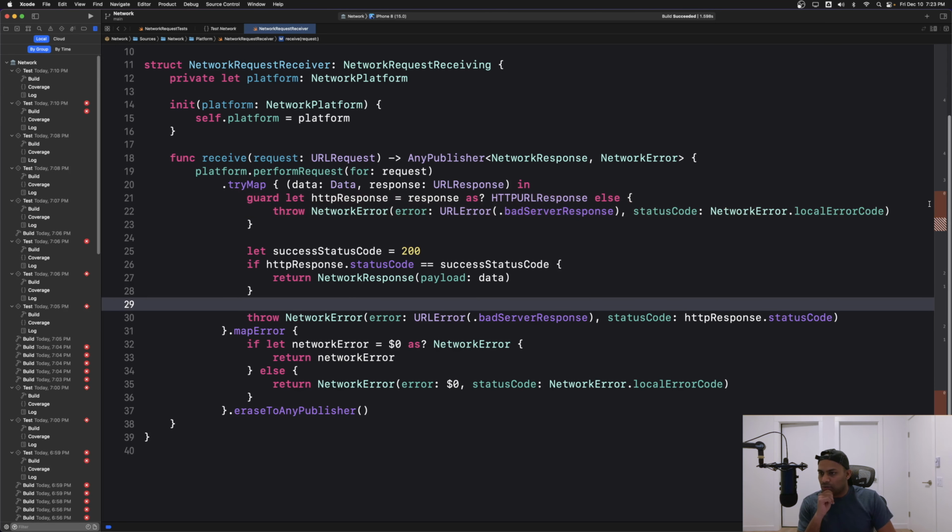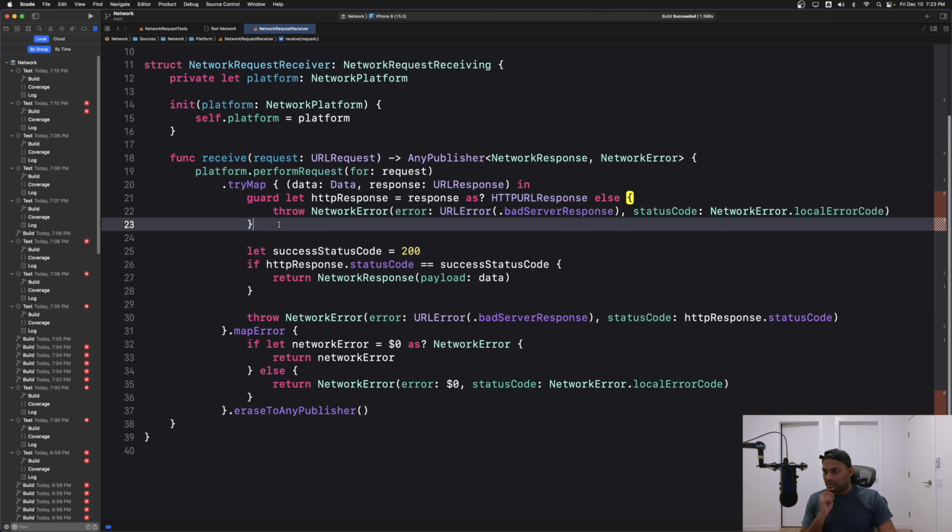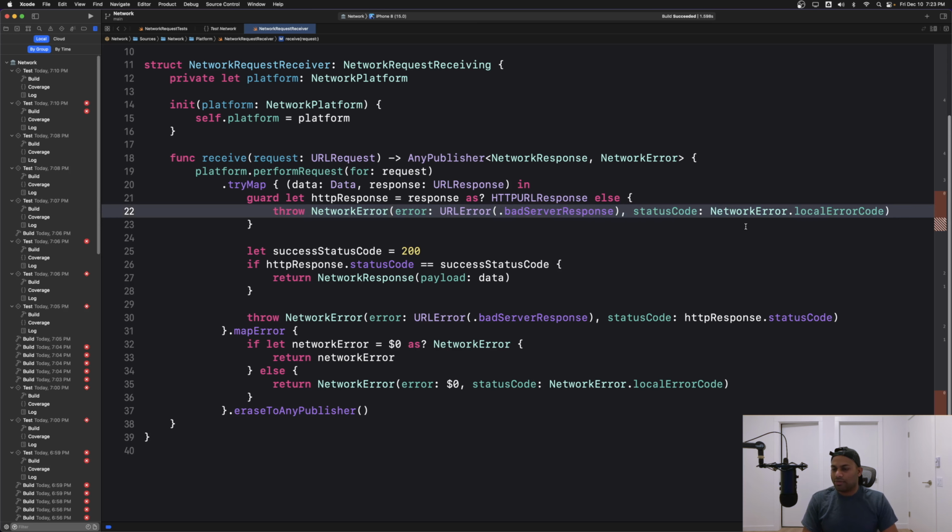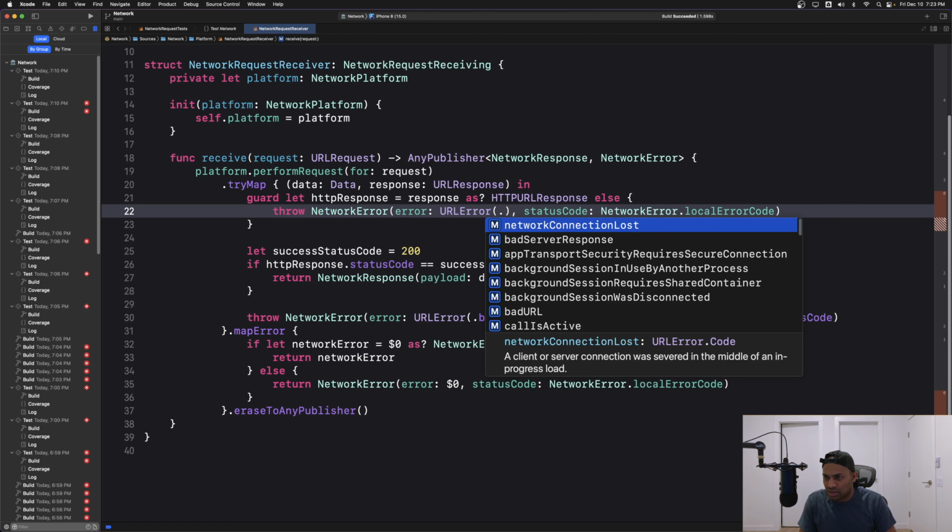So we have implemented a 200 success case. We mocked it. We were able to successfully mock the URL error, meaning the network error. Now we have added a couple of cases here, like a guard statement and things like that. So these are all local errors. So we're going to have to do that. I'm going to put unknown because if it is not an HTTP error,